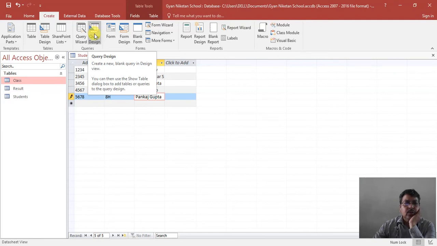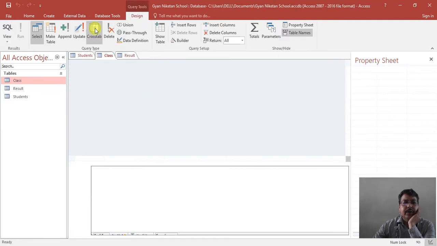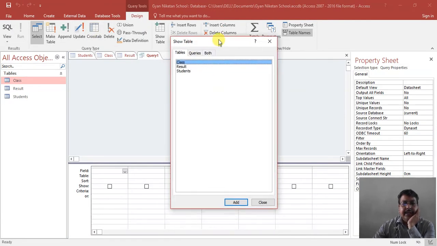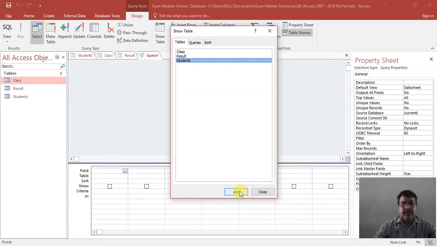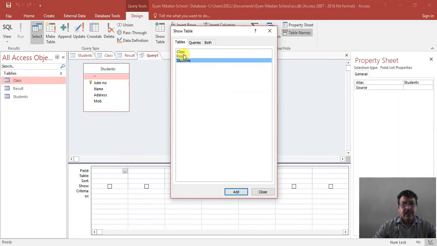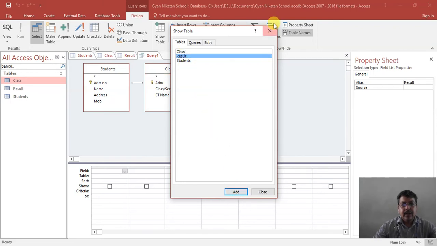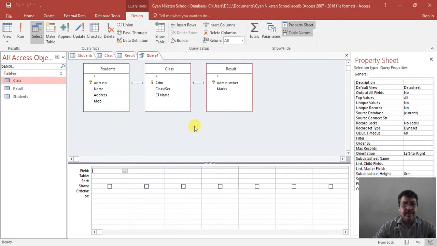So you have to select query design and select the tables: student, result, class, and then close this button, and these are the fields.